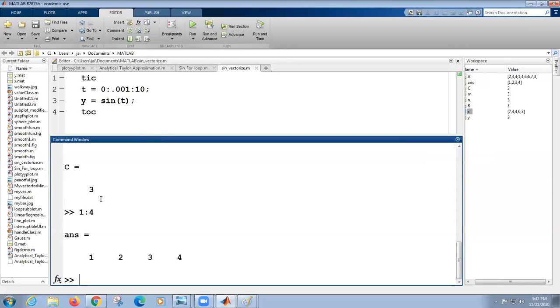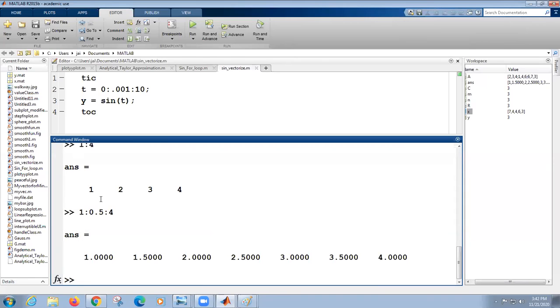Are you able to see this? Yes, sir. Now see, I give 0.5 as an increment. Now what happens? I get from 1 to 4, with increments of 0.5: 1, 1.5, 2, 2.5, 3, 3.5, 4.